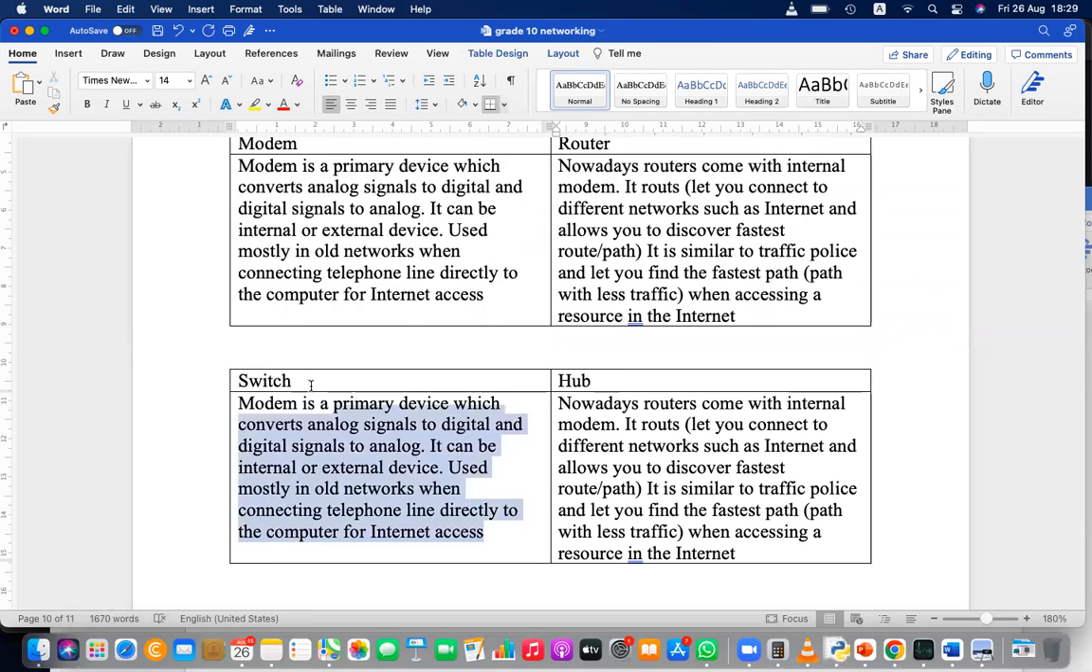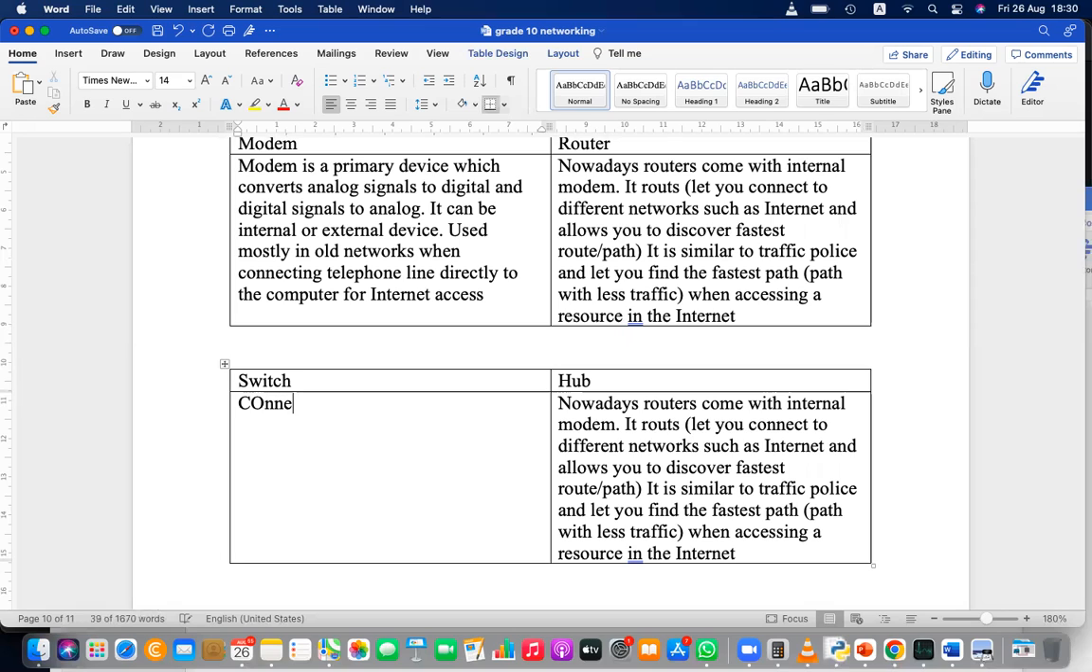When you compare the switch and hub, we can tell this switch is basically connecting devices through a centralized medium or centralized device, connecting other devices or network devices, and it is faster,